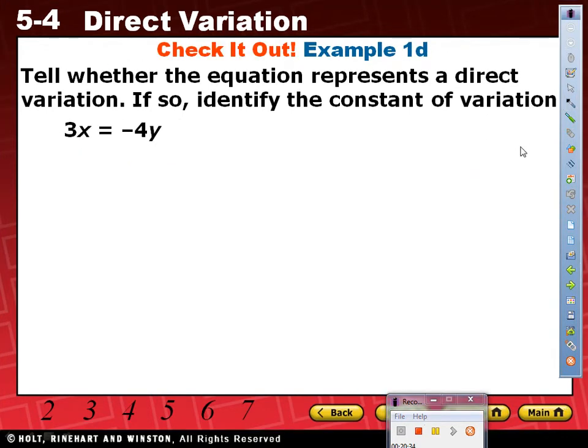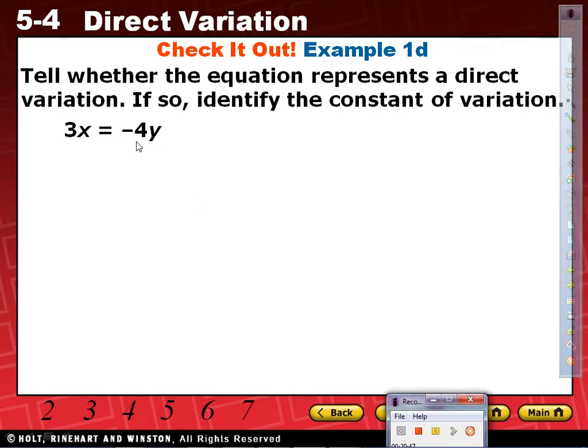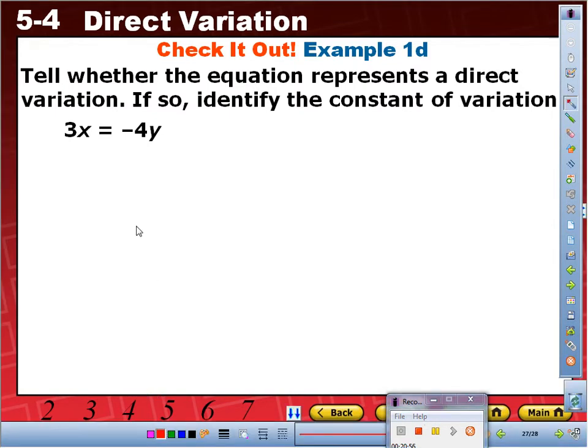Okay, copy this next one, please. See if you can do that one again by yourself. Go. 3x equals -4y. See if that one's direct variation. If so, find the constant variation. Here we go. So step 1, solve for y. Y is already by itself. The only thing we need to get rid of on that side is what? The -4. What is the -4 doing? Multiplying, so therefore we need to divide by -4. Divide by -4. We're left with